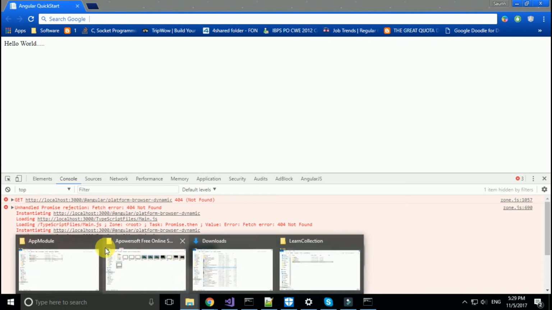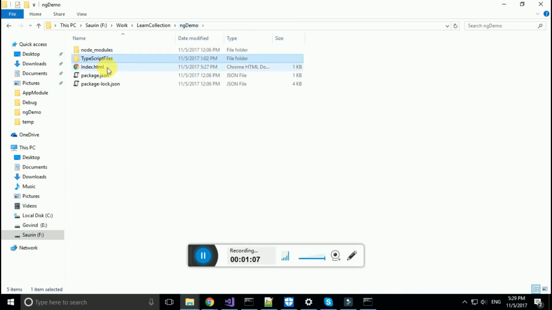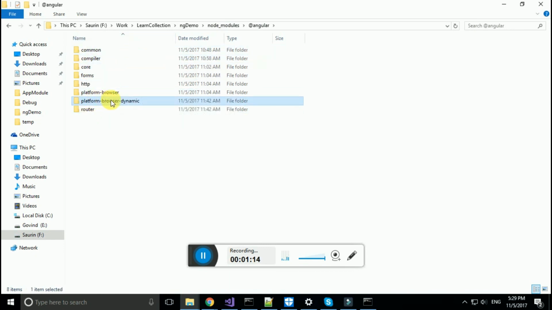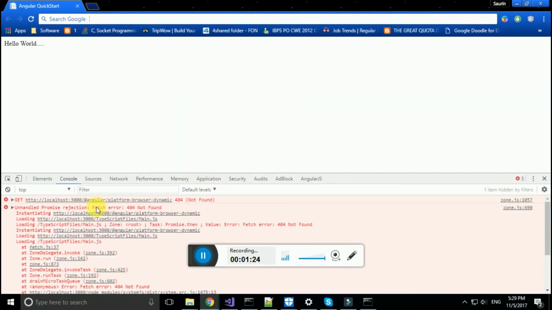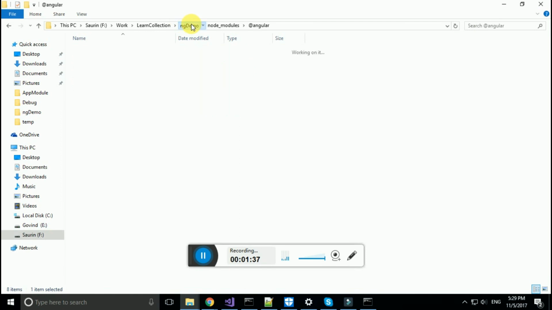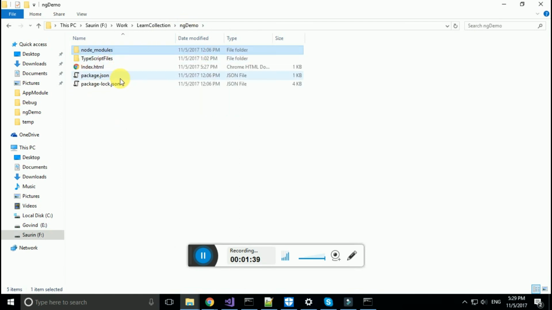Let's open it, ngdemo. The actual file is under node module, inside Angular, inside platform browser dynamic. So we need to teach system.js that this file is under this path instead of this path. For that we need to create a mapping function. Let's create it. For that, go to our project folder, ngdemo. Here we are going to create one file named